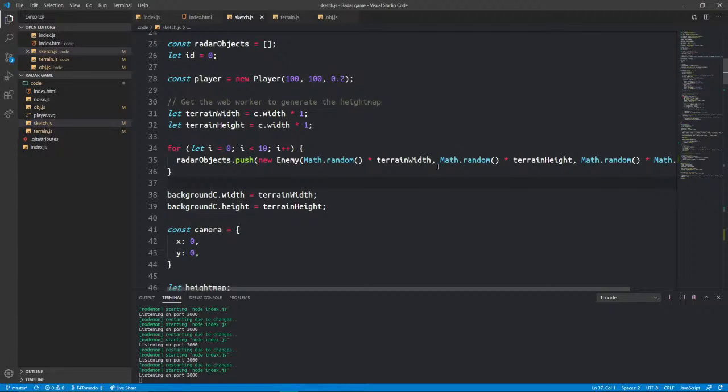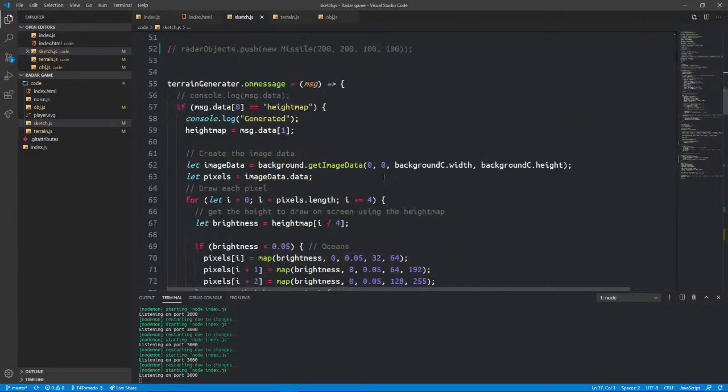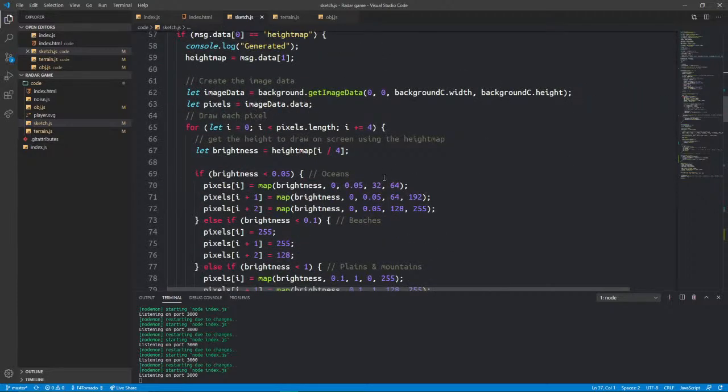And we need some sort of GUI element to tell when you can